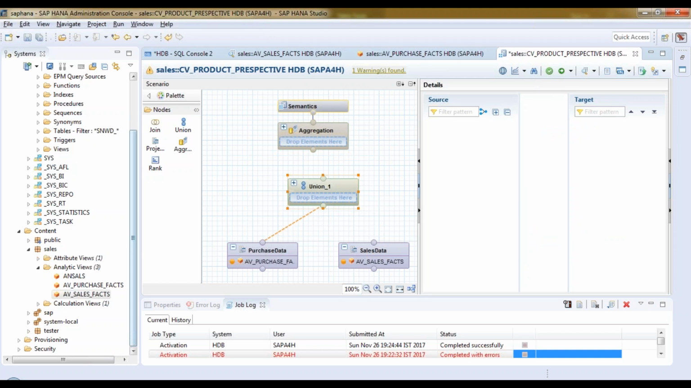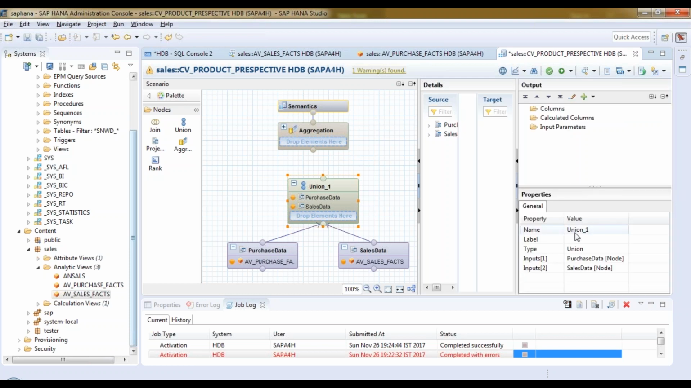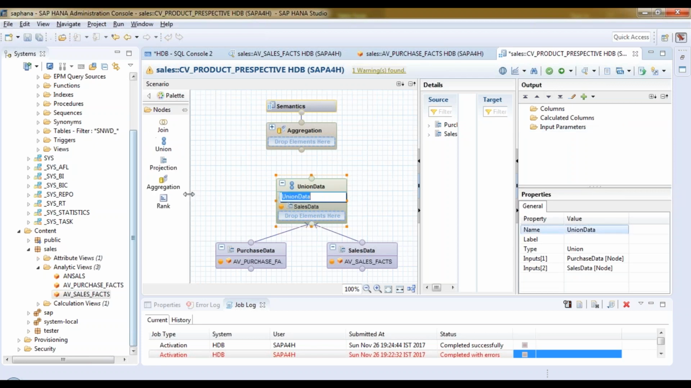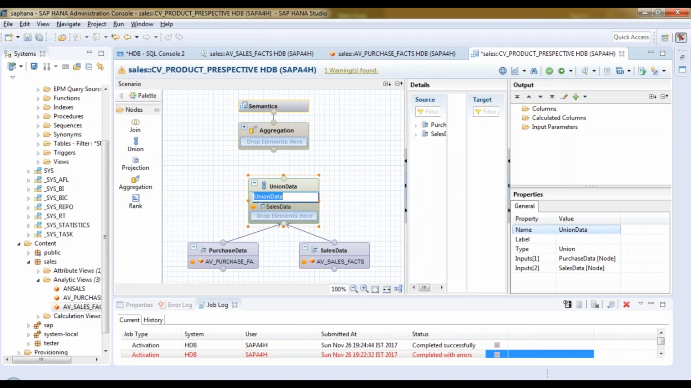Now drag an arrow from both these tables, and that's finally become your union. Let's select the union and change its property, and just say union data. And now another interesting thing you have to do here is tell how the final data